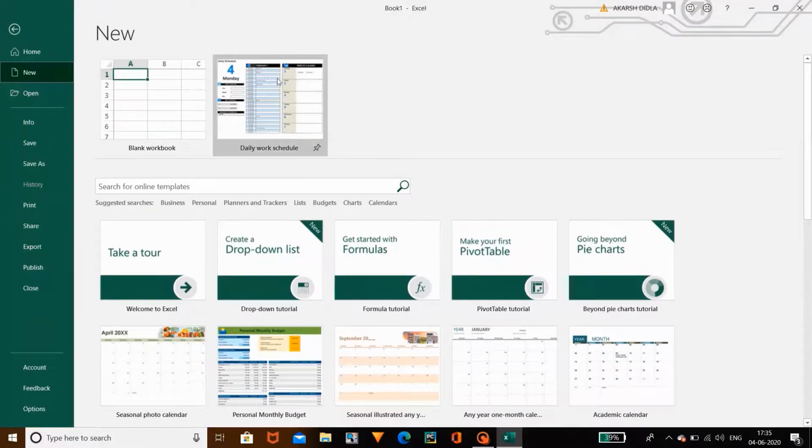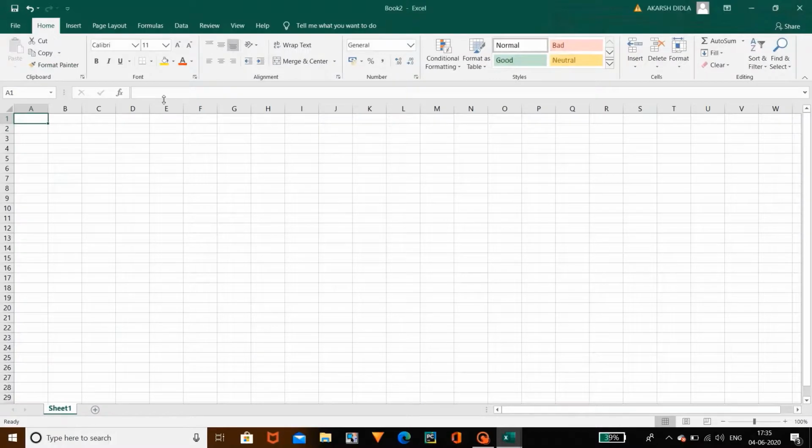As I am doing the new project, I am going to explain it in the blank workbook only. I have taken the blank workbook. Let us do a simple project regarding a student mark sheet. For example, let's take the name, name A. Next, B, like A and B. Next, coming to the subjects: subject 1, subject 2, and total.